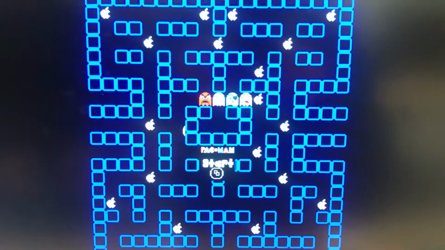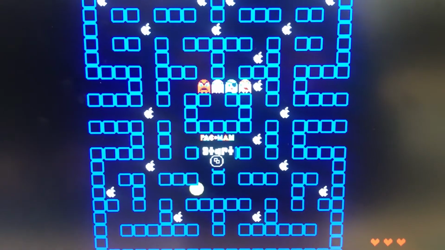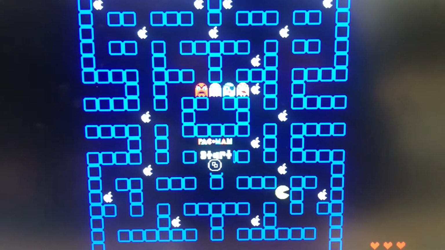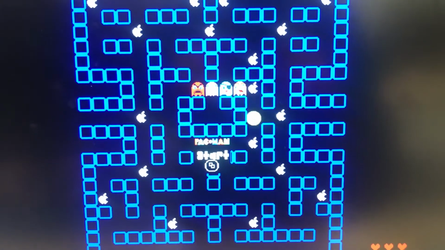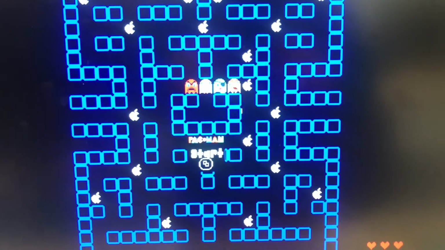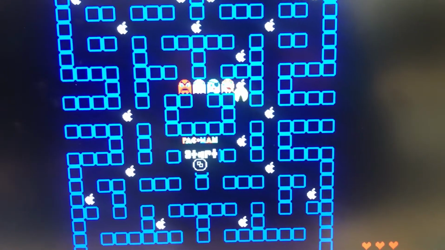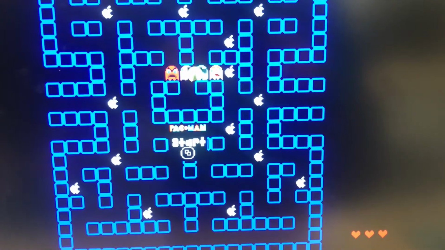Okay, so what we have here is Pac-Man can pretty much move freely around the map. We weren't able to get the walls implemented quite yet, but we were able to get him so that he can eat the food and even go through the ghost and lose a life. However, with our implementation, we have to center it perfectly in order for that to actually happen, so I'll try